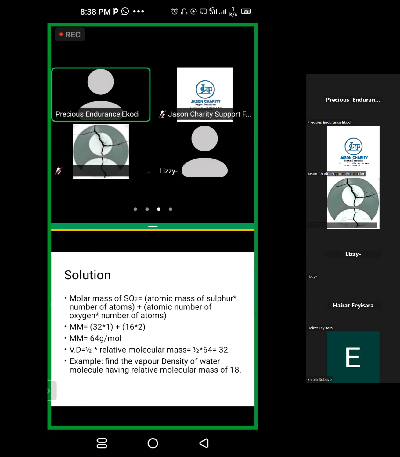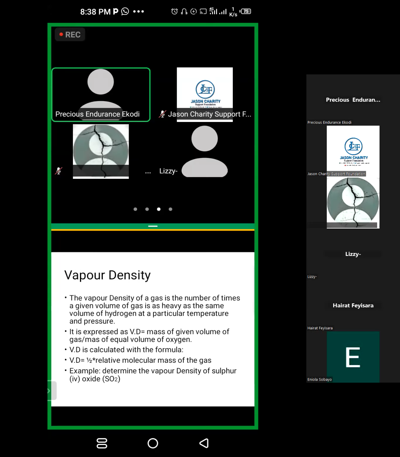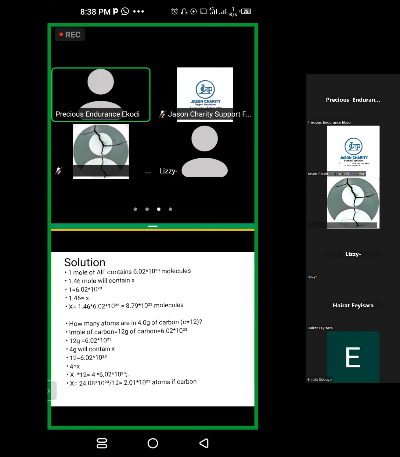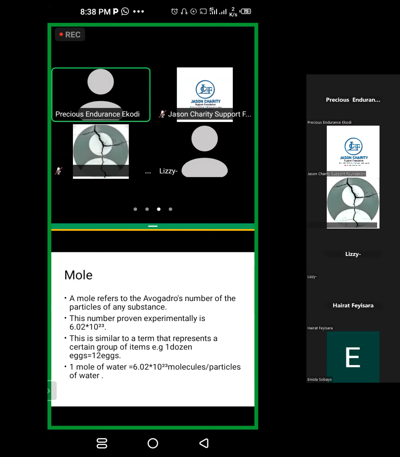So I think we still have a few minutes, so I'll just do a quick recap on what we've taken so far. We started with mole. We said mole refers to the Avogadro's number of particles of any substance. And last week we said that number is 6.02 times 10 raised to the power 23. And we said this is the same thing as saying